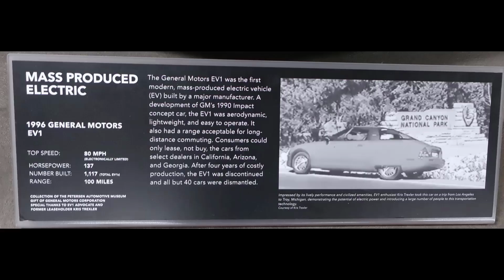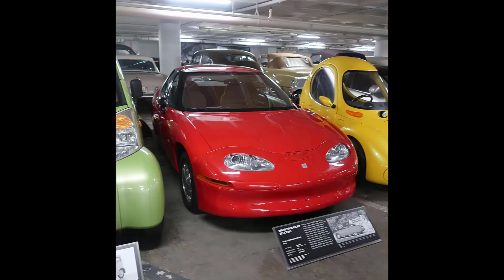The GM EV1, which was a mass-produced electric car back in the 1996 timeframe, we had several of them running around Southern California. I talked to one of the fellow college instructors that had one, and I asked him how it was. He said, "Oh, it's okay." And I got the impression he wasn't totally enthused with it. When somebody says their car is, well, okay,